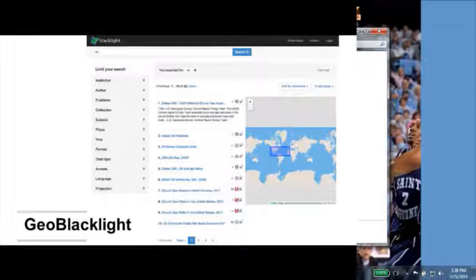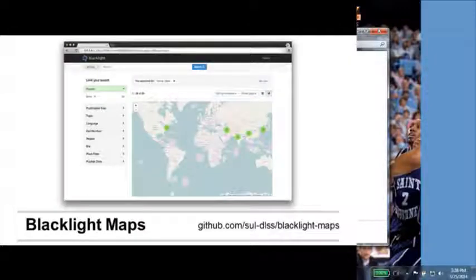We're building out something called Geo Blacklight right now. We're currently in the design phase, and we're looking for collaborators. It's a plugin to Blacklight that implements GeoPortal-type functionality. We also have a lightning talk a little bit later, I think maybe tomorrow, on Blacklight Maps, which is a plugin that you can use today that allows you to have a map view of your result set.